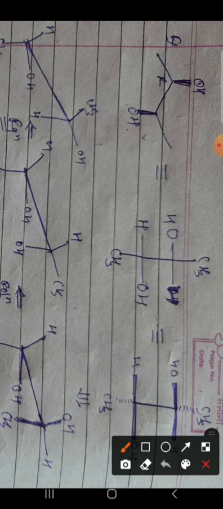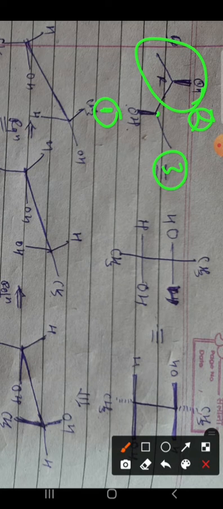And for the third carbon, we have to check its configuration. So this is the first priority, oxygen, and this group is the second priority because it is a bigger group than this carbon, and this is the third group. The fourth group is not discussed because the fourth group is at the below position, and a below position is no problem for the configuration. But if the fourth group is above the plane, then we have to change this configuration: R changes to S, S changes to R. But here there is no problem. That's why we have not taken the fourth priority.